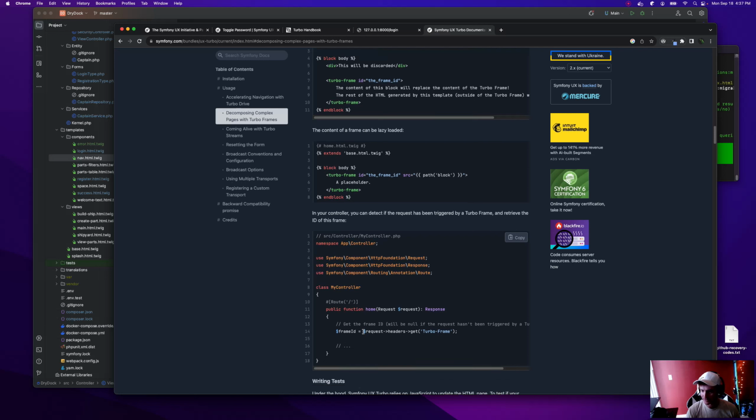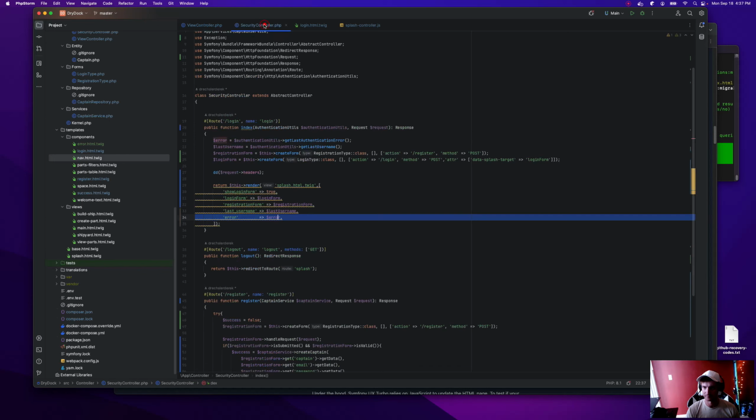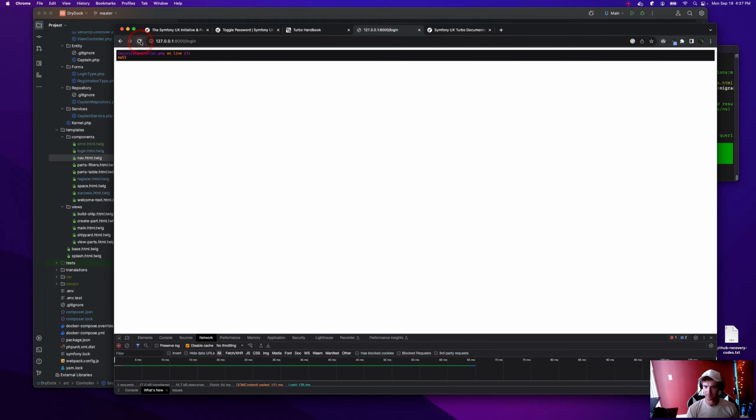Request headers get turbo frame. If it hasn't been triggered by a turbo frame, so page navigation would not fall into that. Pretty sure that's what I'm looking for. But that is not in the array that we were just looking at, so pretty curious. Yeah, it's null.